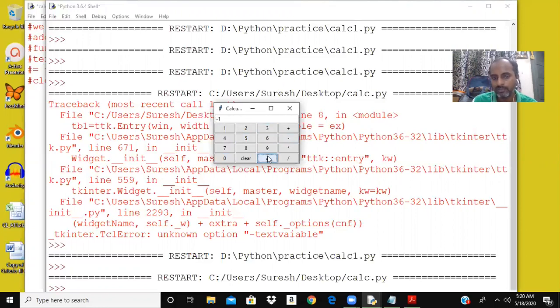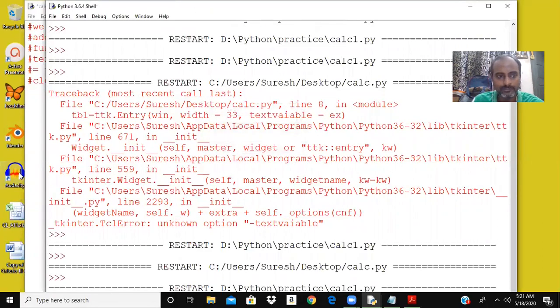If I click equal to, I can see the result there. If I click clear, the expression is emptied. So we understand that when we click on any number, it should be added to the expression along with the operator and any other number. When I click on equal to, the expression is evaluated. When I click on clear, the expression is cleared. Keeping this in view, let us write a program which will create a calculator like this.